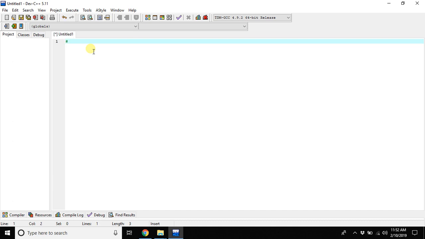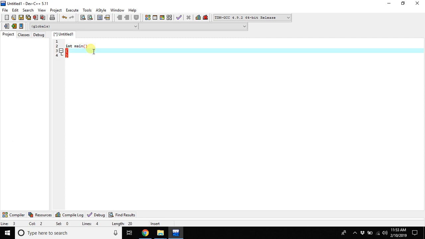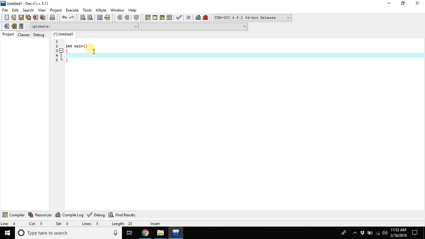The first line usually starts with hash include, in which we include our header files. This is not mandatory; you don't always have to start your program with a header file, but if you wish to perform some operation, then you will need it. If you wish to create just a blank program, you can just start by writing int main, the parentheses, and the body brackets, and then go into Execute and click on